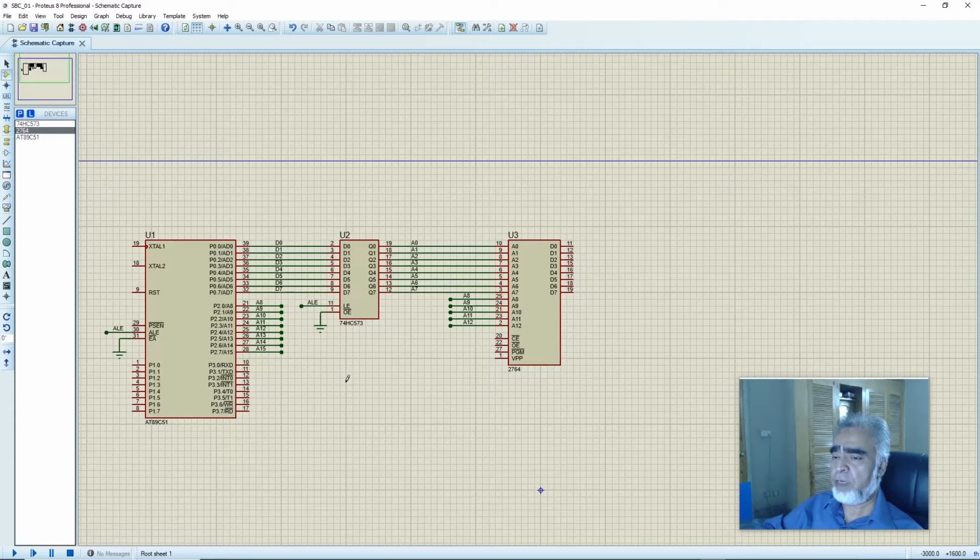Still we have 3 reserve addresses, that is A13, A14 and A15, and with the help of these 3 signals, we can select 8 different source codes of the same size, that is 8 kilobyte. It means that 8 kilobytes into 8 equals 64 kilobyte. And to read the source code from the device, that is 2764, we'll use a signal, that is PSEN, program store enable. So here we'll assign a label on pin number 22 of the 2764, that is output enable. We'll assign the label PSEN, program store enable. And here we will also assign the same label.